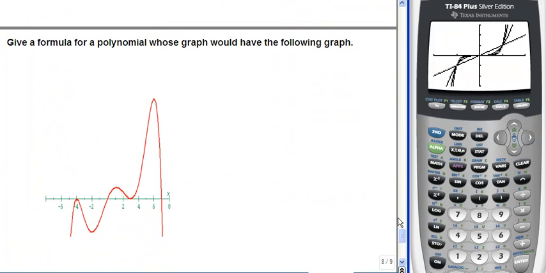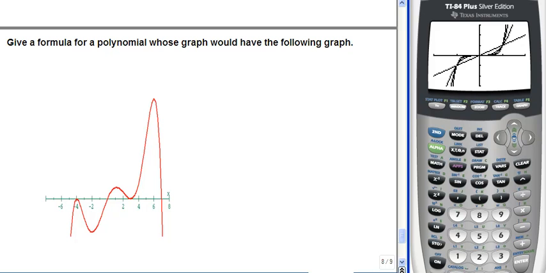Okay, last example. Here again is the graph of a polynomial, and what we want to do is come up with a formula for what this could possibly be. And there's more than one solution here because we don't even have a y-axis going on, so we don't know the actual scale here, but we're going to just come up with one possibility for what the equation would be